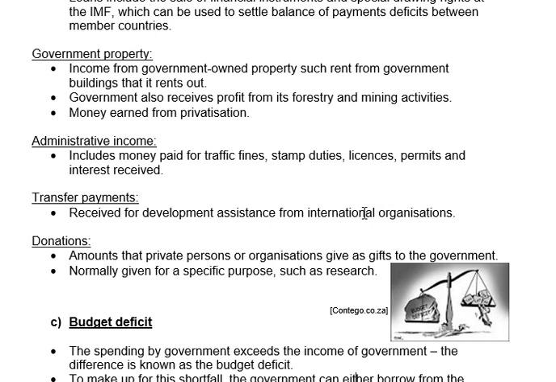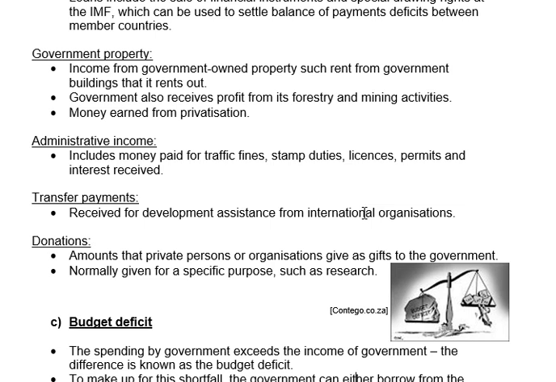They also receive profit from forestry and mining, where they have interests in the forestry and mining industries. A lot of the forestry companies in South Africa actually belong to the government, right? So any parastatal that actually does make a profit would also be government property, except that in our country that doesn't really happen. And then obviously when they do privatize, if they do sell off their properties to private individuals, any income that they earn in that way will also be a source of income, right?